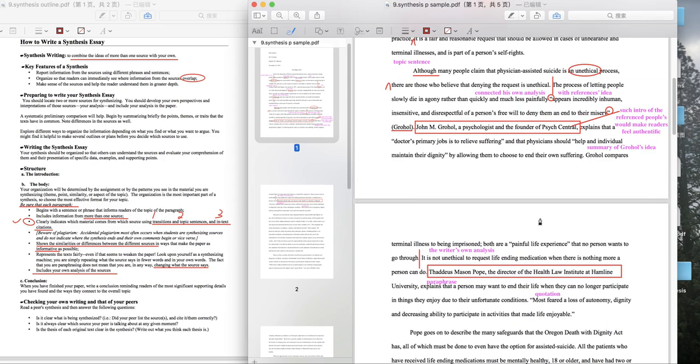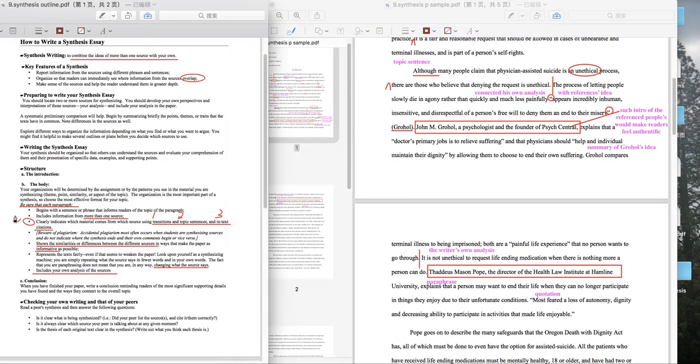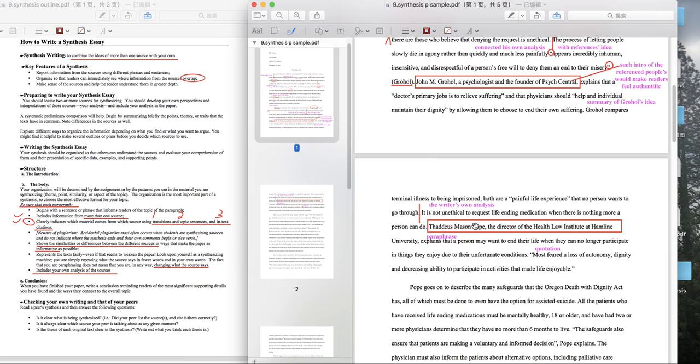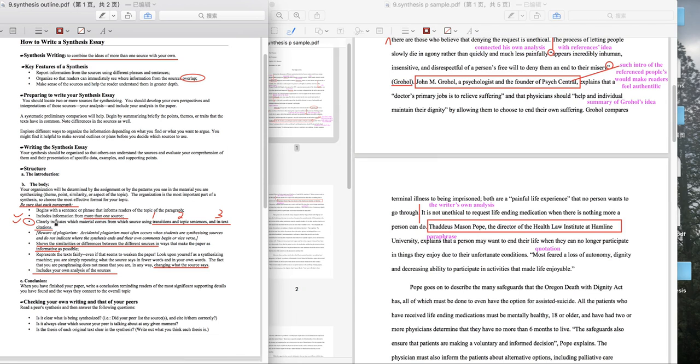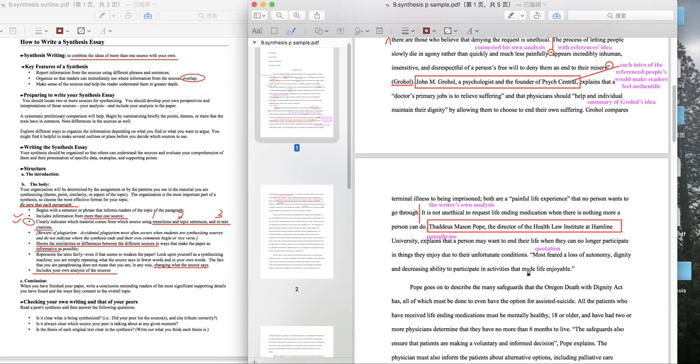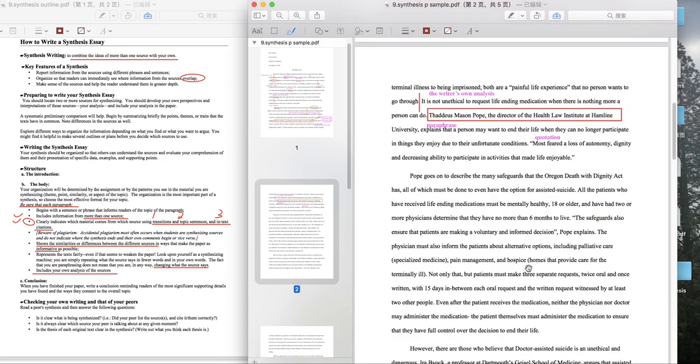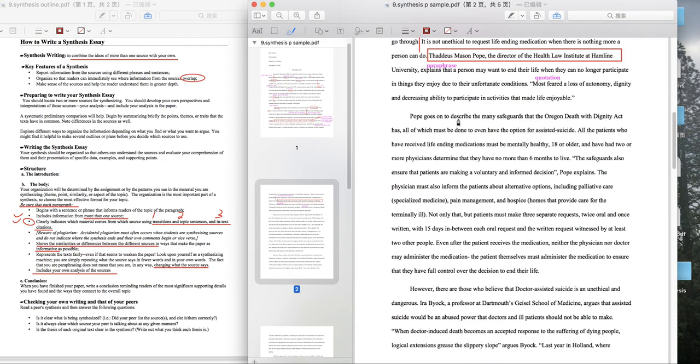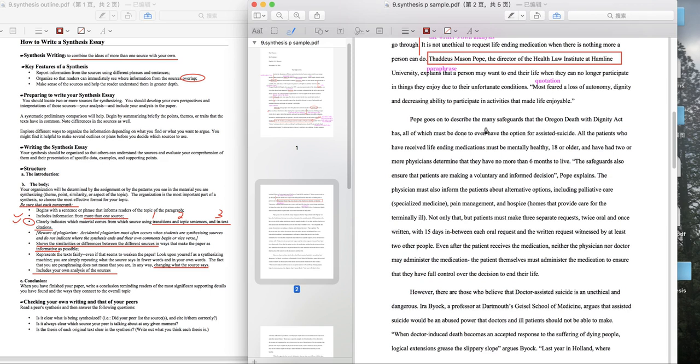All right. As you read here, let us return to this PDF. It's more than one source. Is that more than one source? Of course, more than one source, correct? Let us move on with our reading. Pope is this person. Pope goes on to describe the many safeguards that the Oregon Death with Dignity Act has, all of which must be done to even